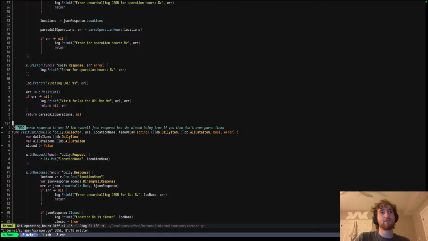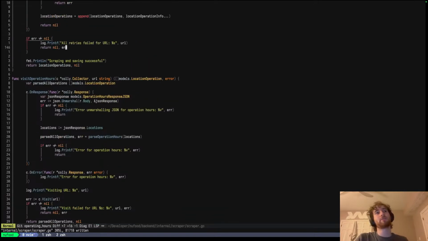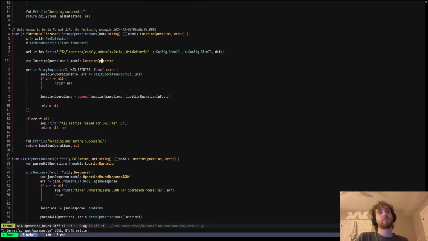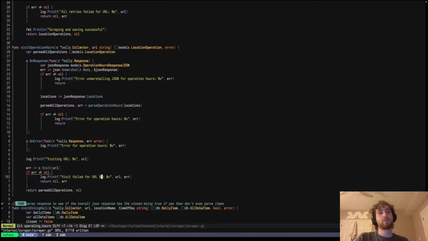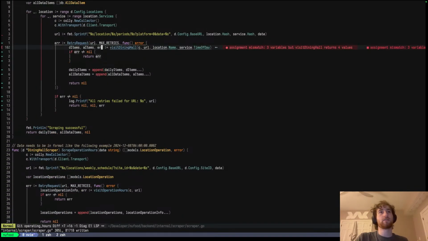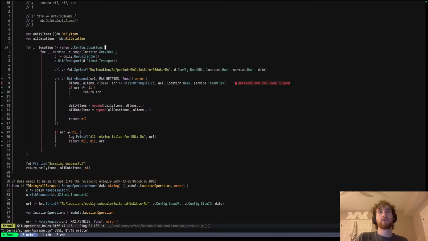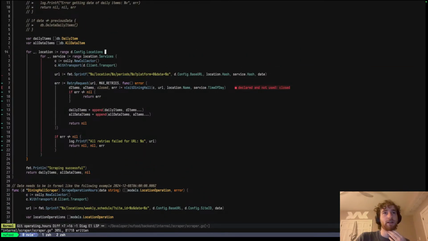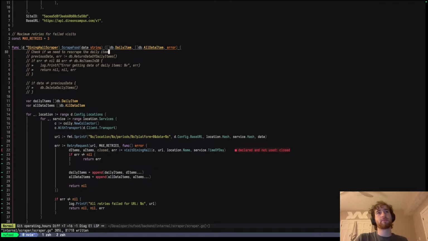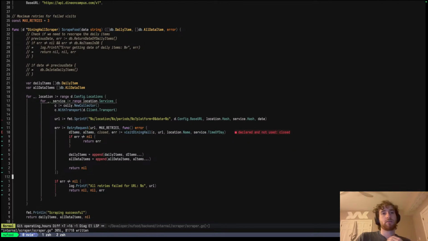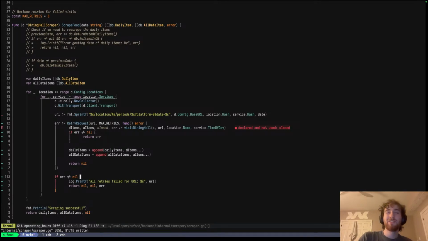Alright, so now that I have that closed flag, I should be able to come up to here, and then when I call visit operation, or no, visit dining, yeah, so I should now get this closed variable, and then if it's closed, I need to continue bubbling up this thing. Do I need to though? Because if I think about it,